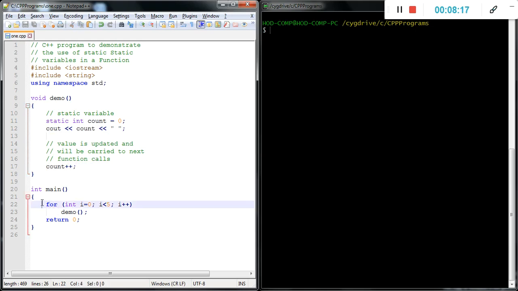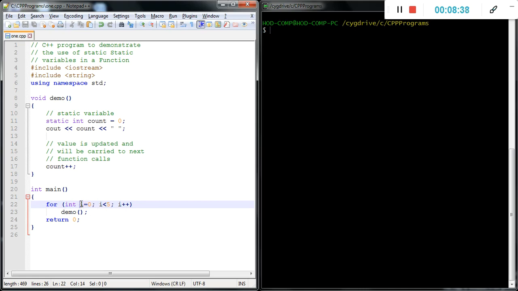In the main function we write one for loop. It is executed 4 times because it starts with 0, 1, 2, 3, 4. Maybe it prints 5 values. We will check how exactly it works.